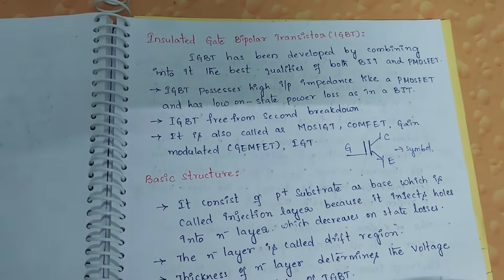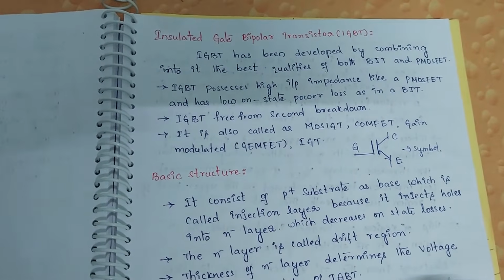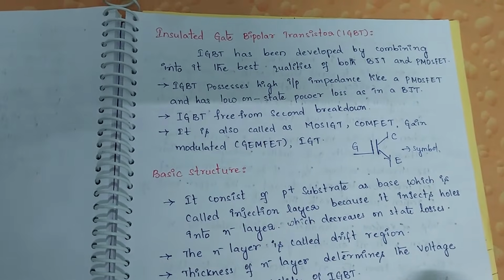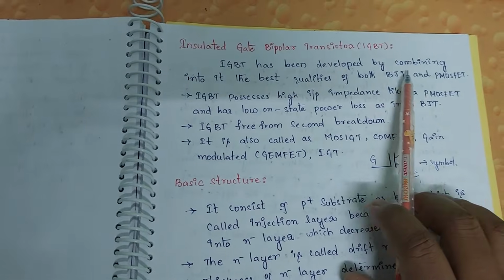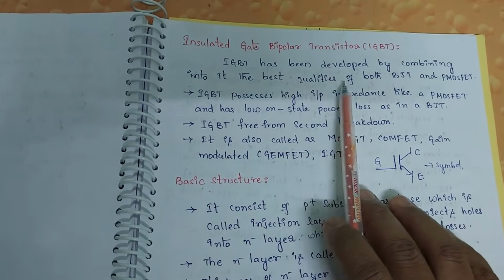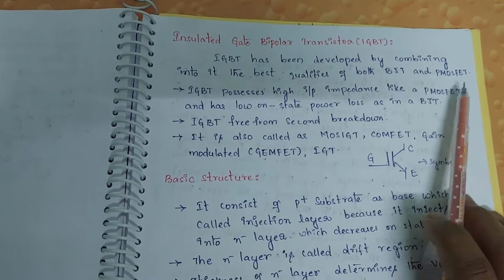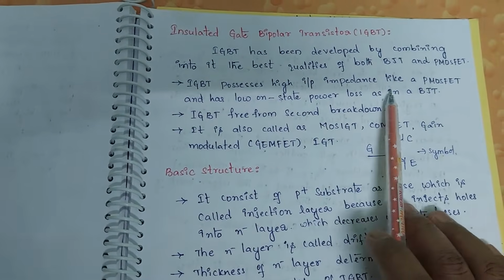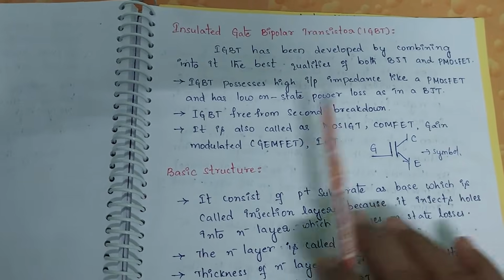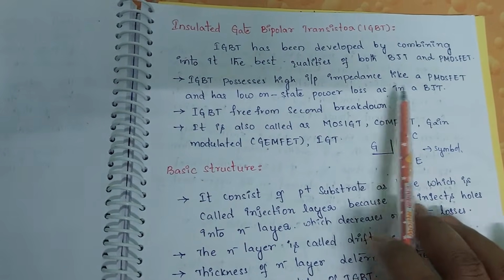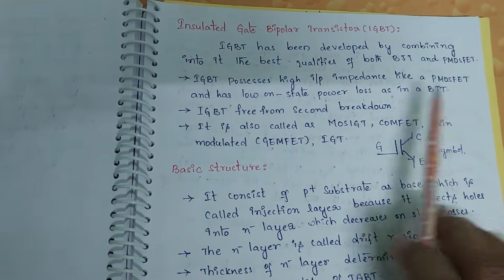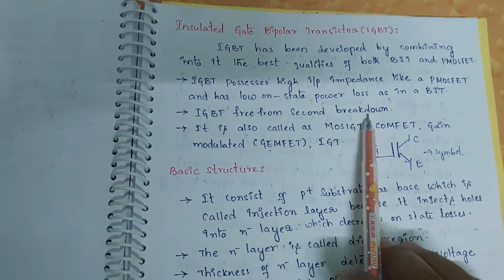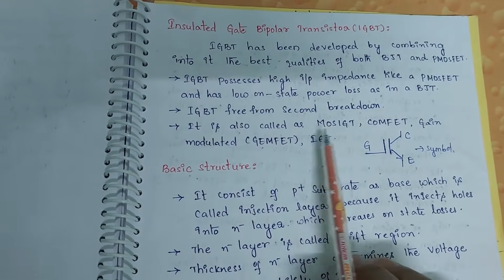Hi everyone. So today we are going to discuss the insulated gate bipolar transistor, which is an IGBT. IGBT has been developed by combining the best qualities of the BJT and the power MOSFET. So IGBT possesses high input impedance like a power MOSFET and has low on-state power losses like a BJT, and it is also free from second breakdown, and it is also called as